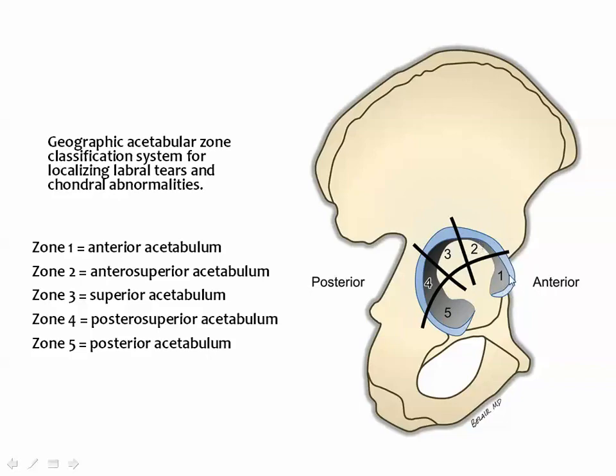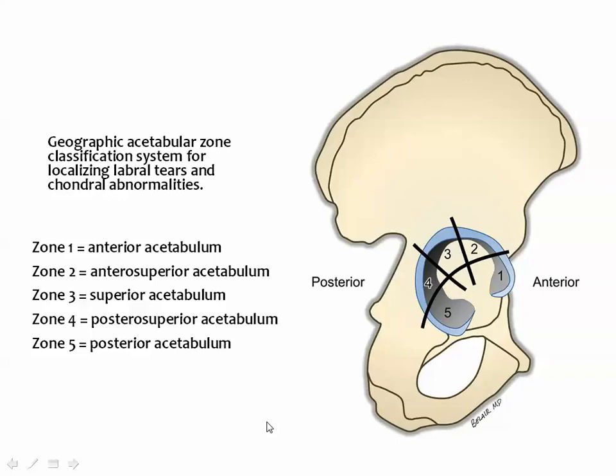Zone number one, which is anterior, number two, anterosuperior, number three, the superior, number four, posterior superior, and number five, posterior labrum. And you know, the labrum is deficient, is not present in the inferior aspect of the hip, and this is the site of the